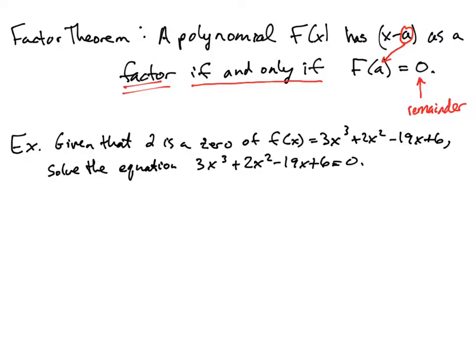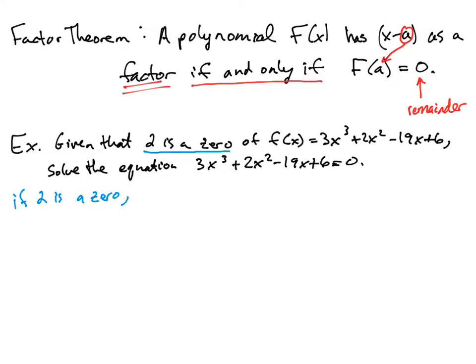This example says, given that 2 is a 0 of the function 3x cubed plus 2x squared minus 19x plus 6, solve the equation 3x cubed plus 2x squared minus 19x plus 6 equal to 0. Well, the key point here is that 2 is a 0. If 2 is a 0,